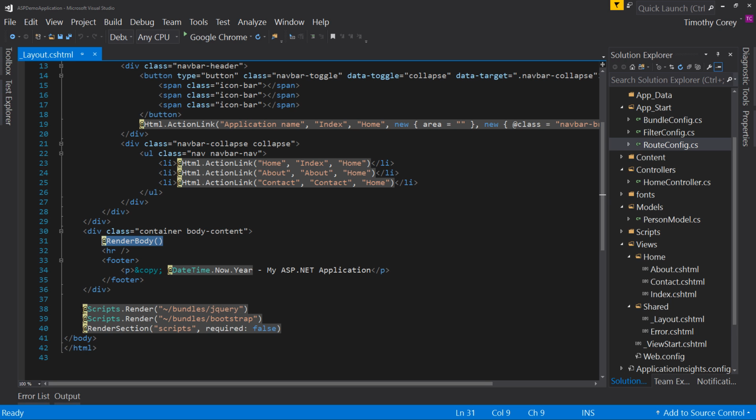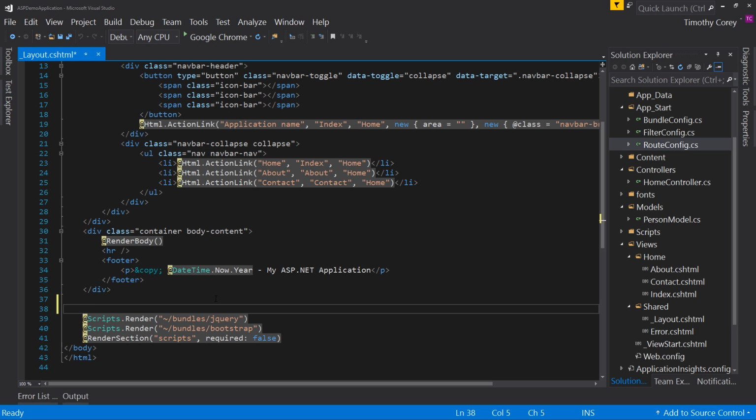Now, remember I said before that I want to go over what this Scripts.Render is. But for now, just think of it as that's where our scripts are. Well, let's cover what this is. This is called bundling. And so instead of having a script tag here, and a script tag would look something